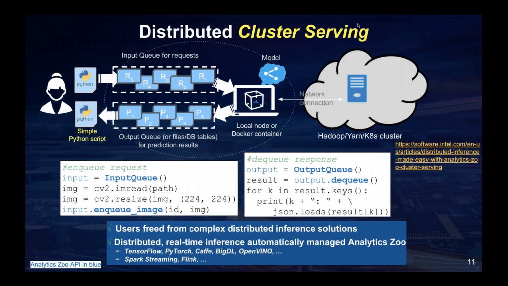For serving, I think it's very important for real analytics systems. So Analytics Zoo provides a distributed automatic cluster serving architecture.